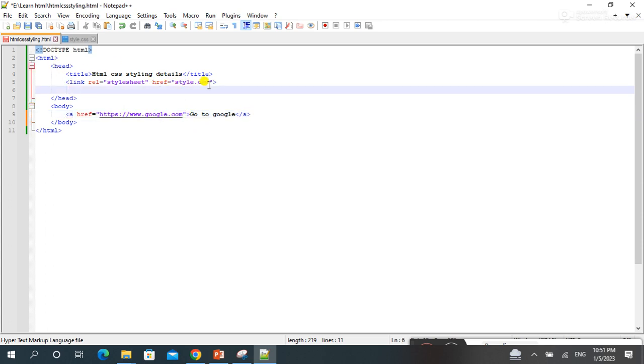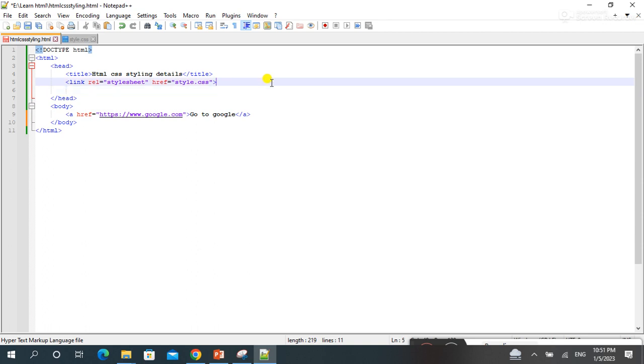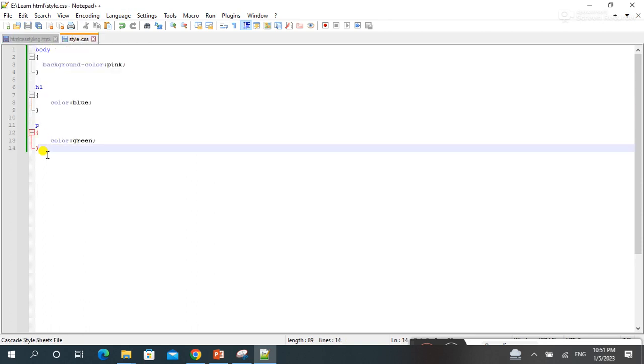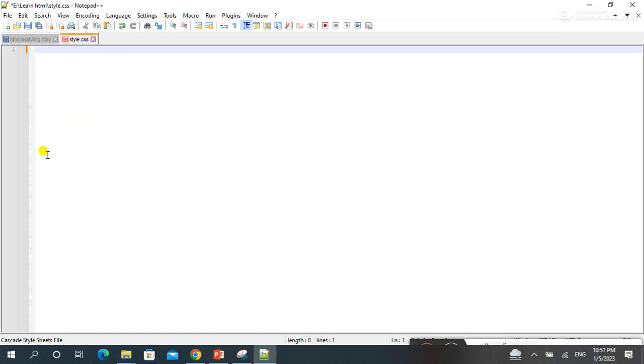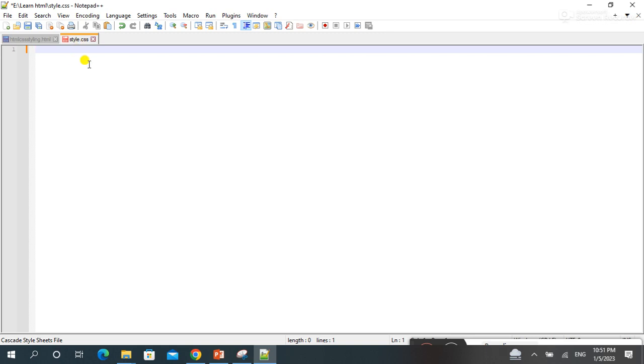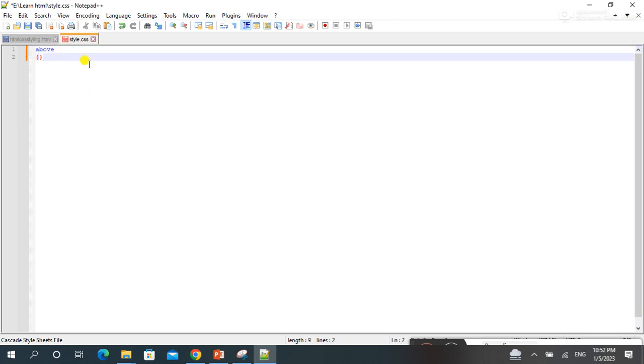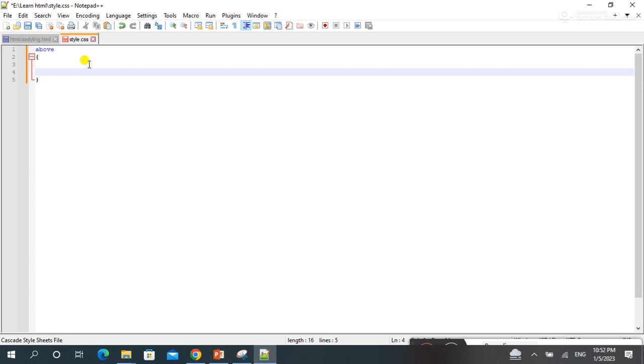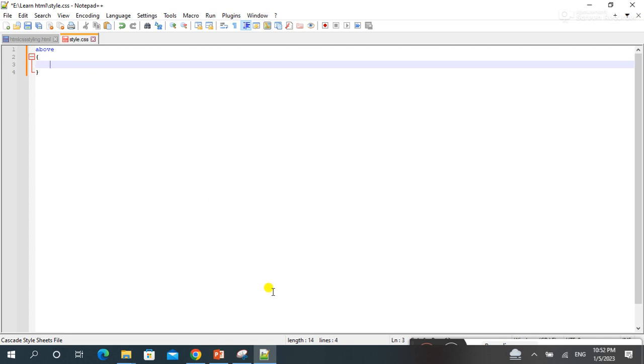Now let's change their color. For this I will use an external style sheet. I will put all my CSS inside style.css. We also refer to this in our head tag. So we have to change color. For this, first target the anchor tag, type starting and ending brace,